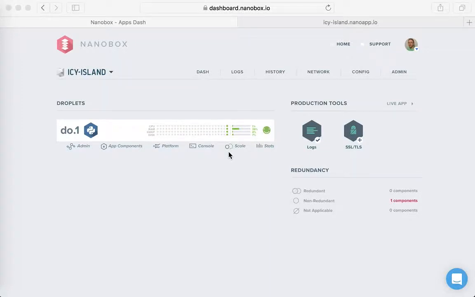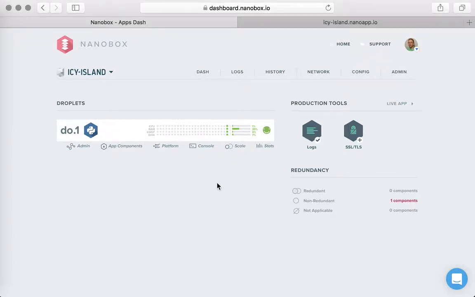So in the last demo, we showed you how you can resize the server that your application is running on in real time with zero expertise and very minimal effort. So this time we're going to build on that, and we're going to show you how you can actually take